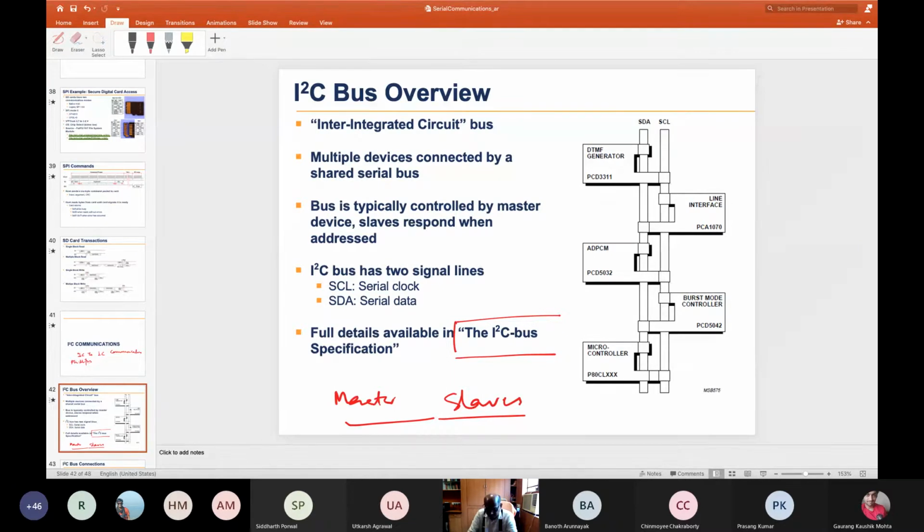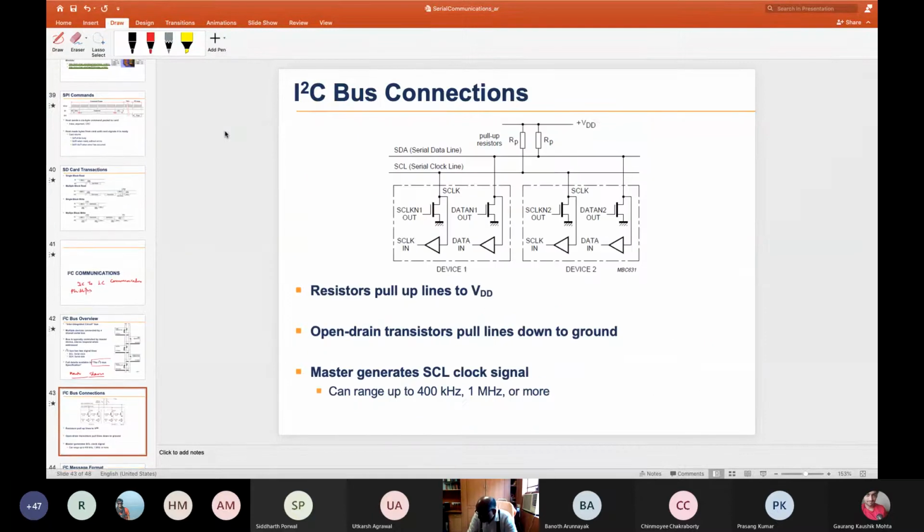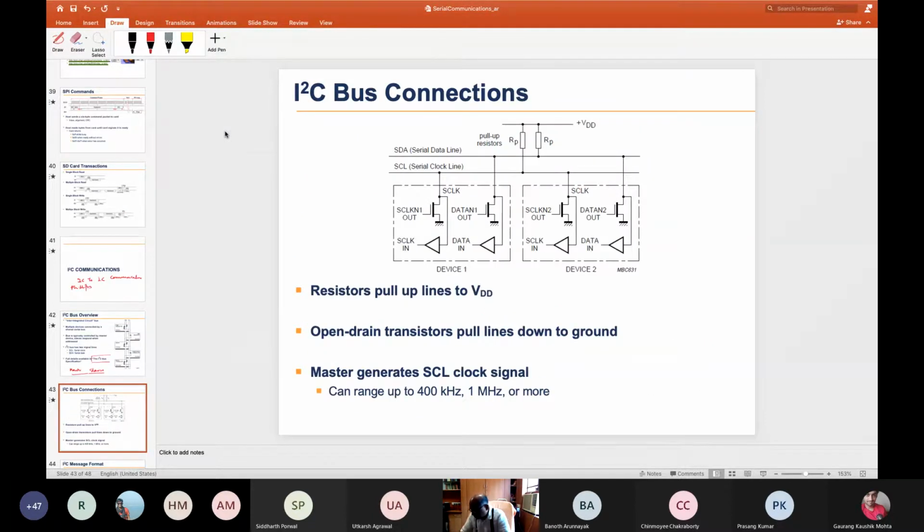So let's try to understand this. This is what you can see. From this you will see there is something called a CAN bus, controller area network. There is no master here, but here there is a master, and you can see the serial clock. So device 1, device 2, device 3, like that, and how they are grounded. You can see how this clock line is coming. You can send data, and in the same line you can also get data. Serial out, serial in, as you can see here. Let me enlarge a little bit.